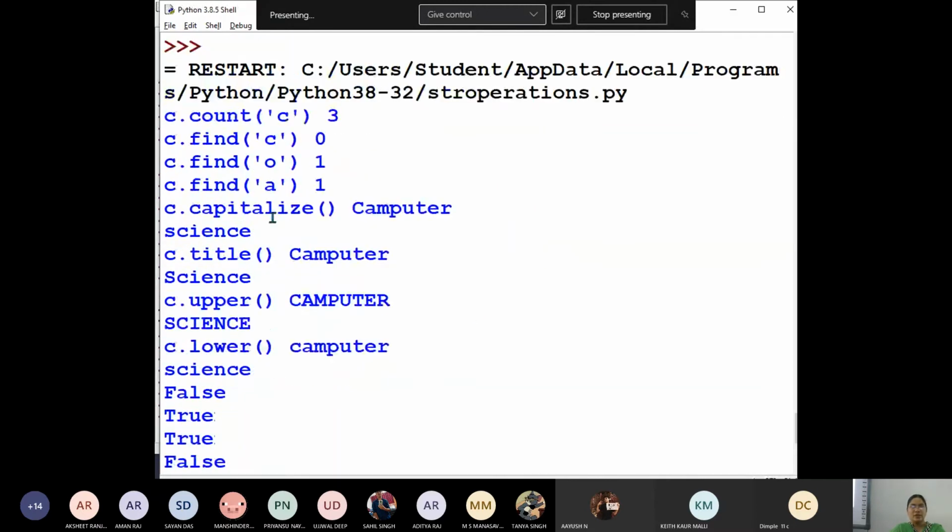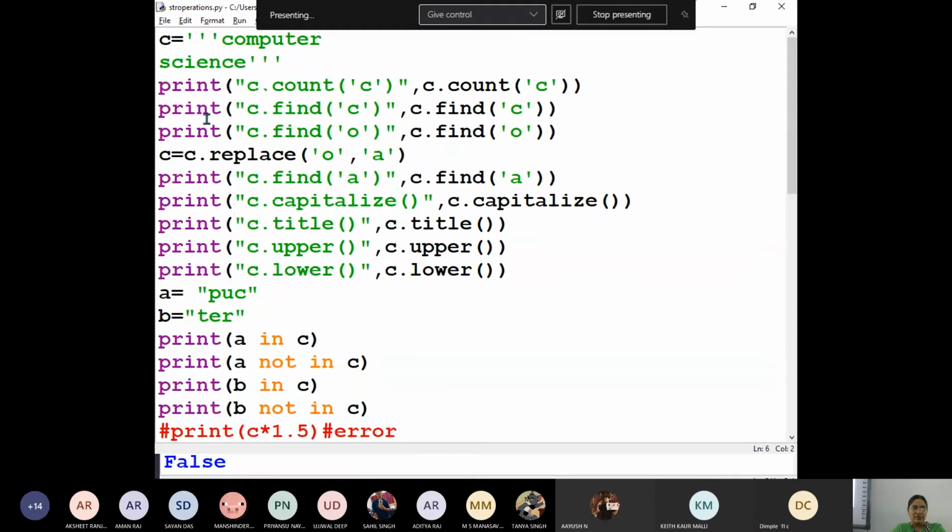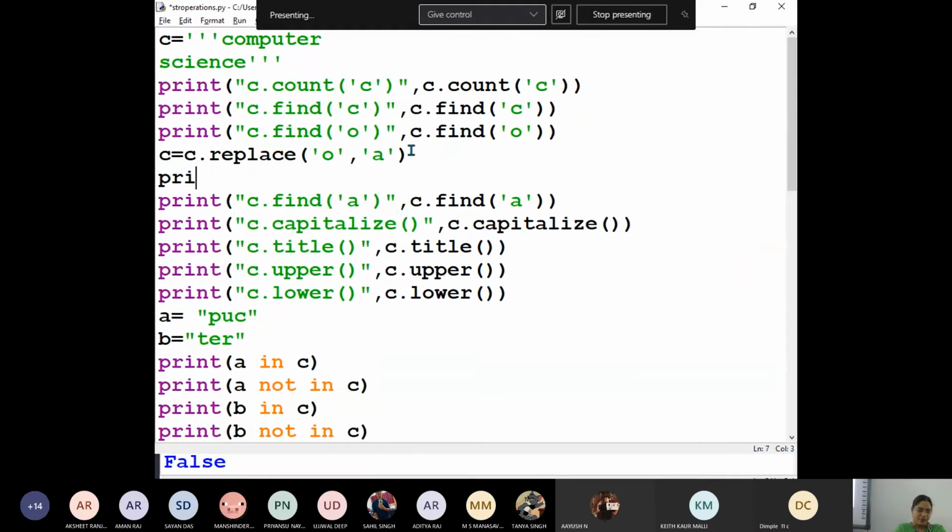Now you can see, now A is there at 1. Previously O was there at index 1. Now O is replaced by A. Now let me, after replacing, we haven't displayed, no. Print string after replacement. What is that?